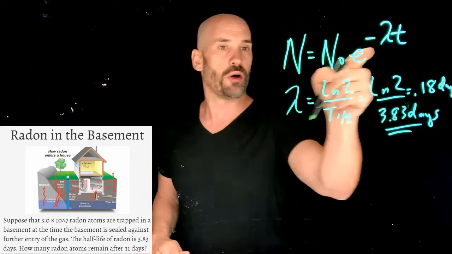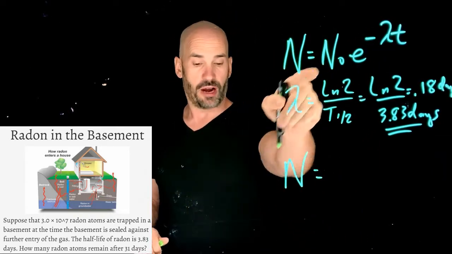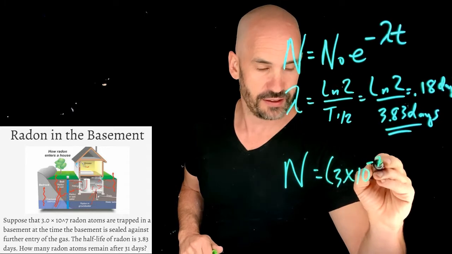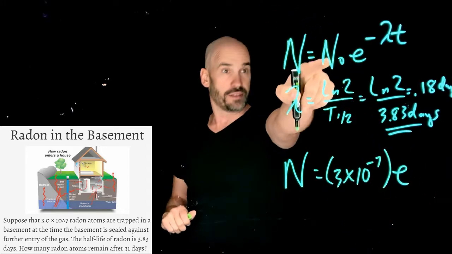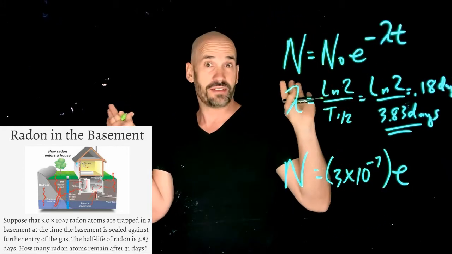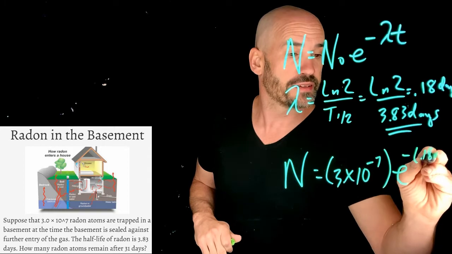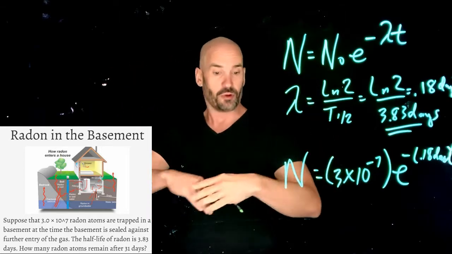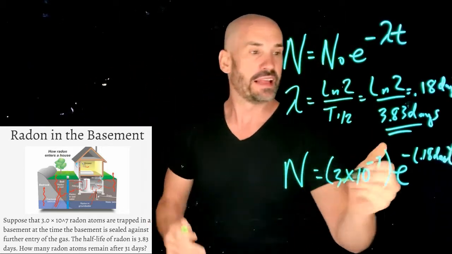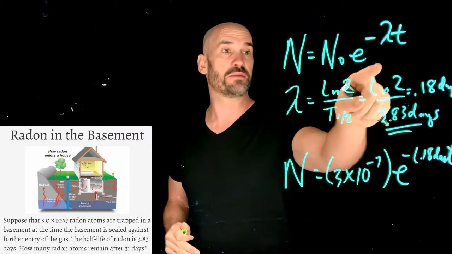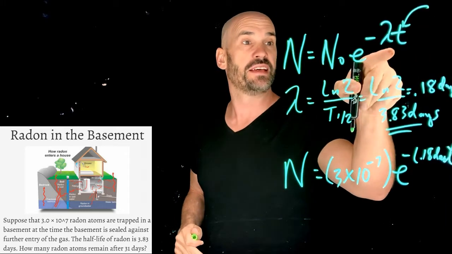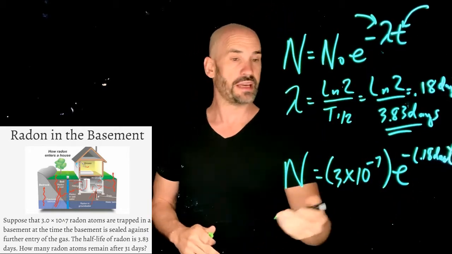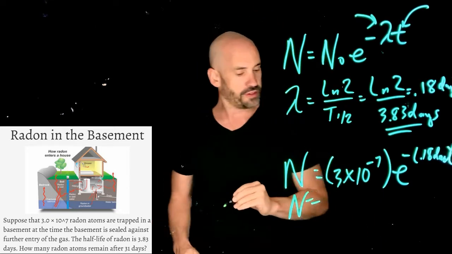Now we can just go ahead and put this in here. We have N equals, remember, we originally started with 3 times 10 to the 7 atoms of radon, times e to the minus 0.18 days to the negative 1, times t, which is how long this radon's been contained, and that's 31 days. So remember, these units have to be the same. If we're putting in t in terms of days, then lambda has to be inverse days. If t is years, lambda has to be inverse years. So we put that in our calculator, and we find out that there are going to be about